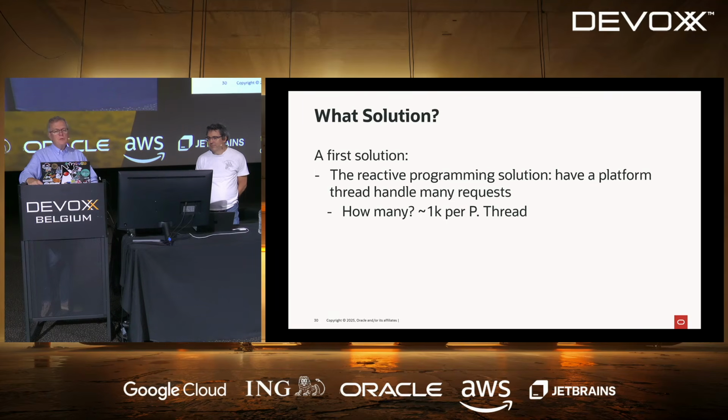And this led to a first solution, which is the reactive programming solution. Instead of having one request per thread, you need to be able to manage many, many requests per thread. And how many requests per thread do you need? At least in the order of 1,000, because it's this factor of 1,000 that you have between what your CPU can do and the number of threads you can have. And if you can manage your whole reactive system in one thread, you should be able to send 1 million requests in this one thread. So it's between 1,000 and 1 million.